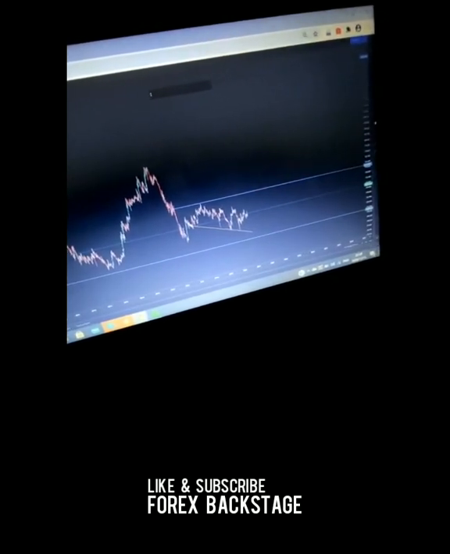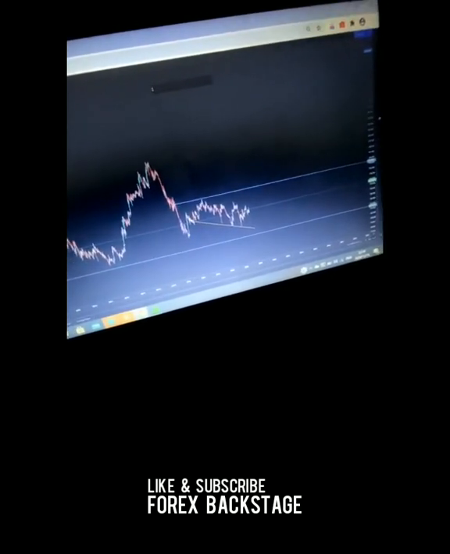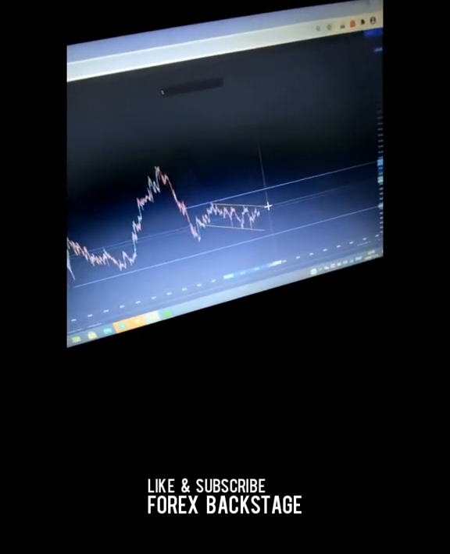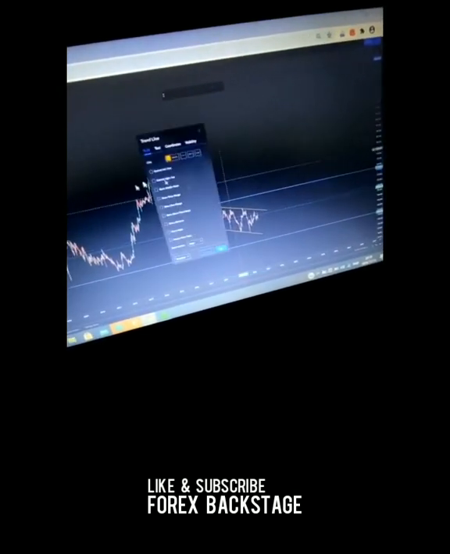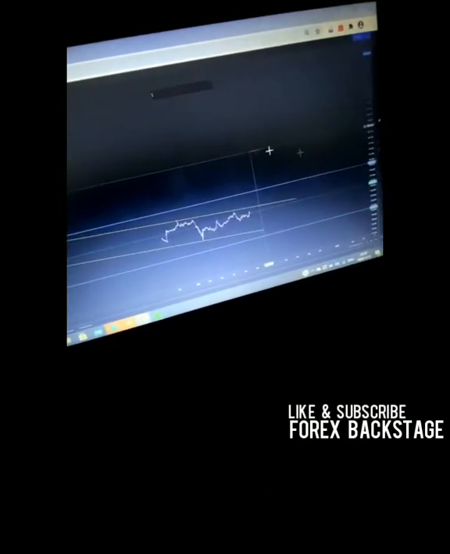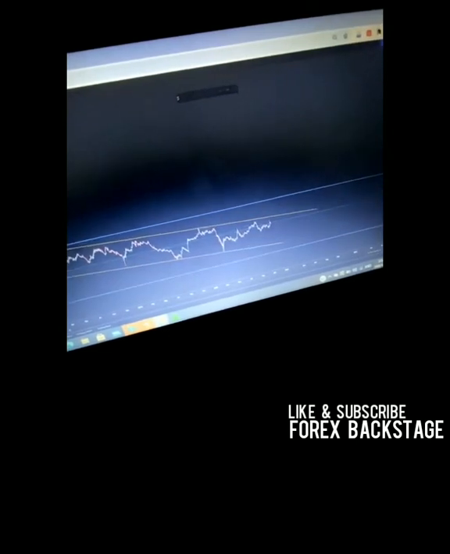And I think it's just a running channel. It's in the channel. So this is how it is. So from here we're gonna be moving to what? We're gonna be moving to the daily time frame. Let's see what's happening on the day. On the daily time frame,